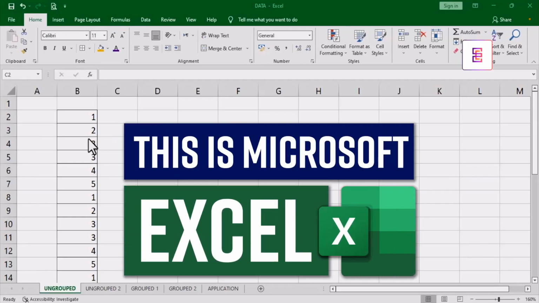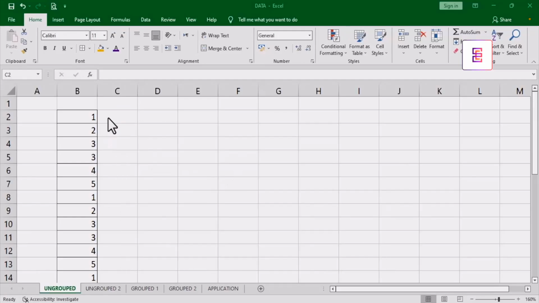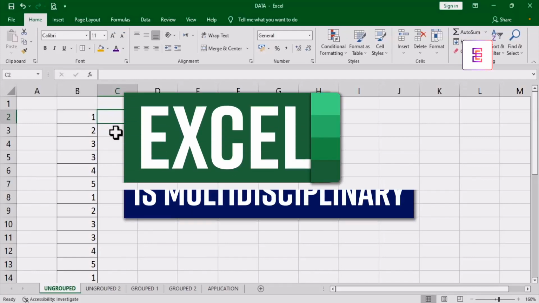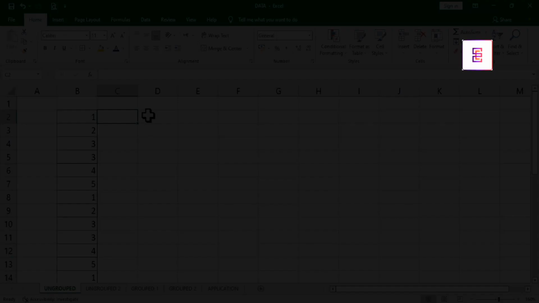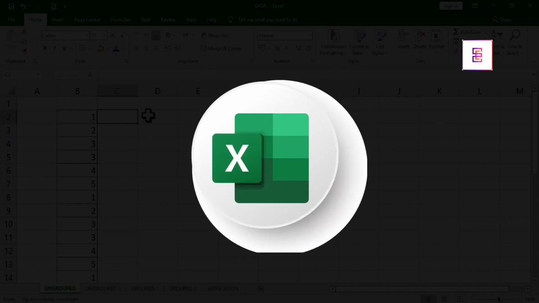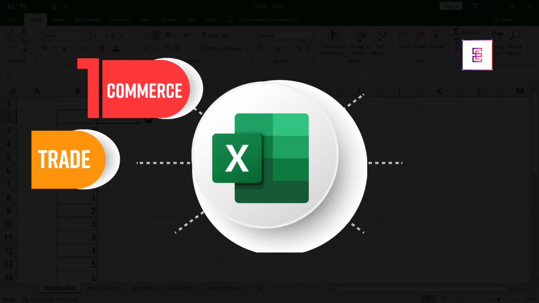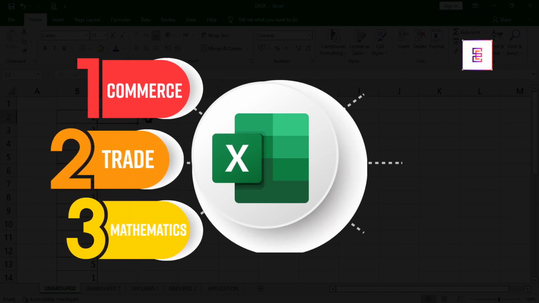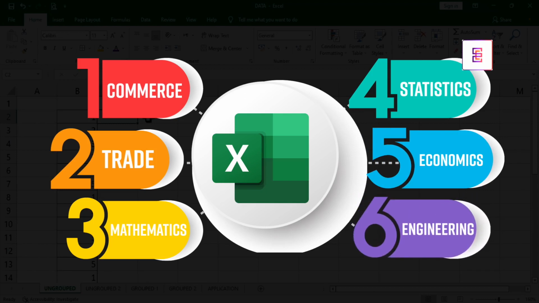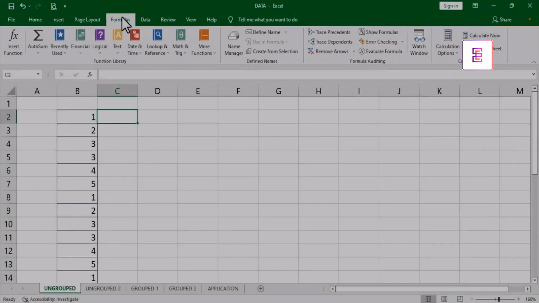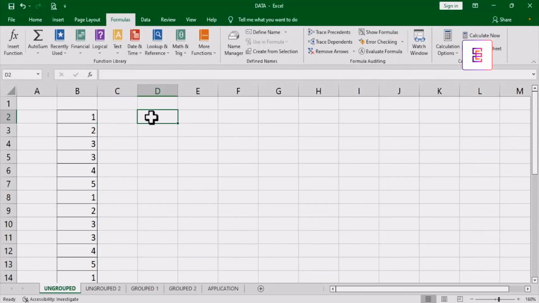This is Microsoft Excel, and the beauty of this software is that it is multidisciplinary, which simply means it can be used to estimate values or make computations across different disciplines such as commerce, trade, mathematics, statistics, economics, engineering, and so on. Now, when you navigate to the Formulas menu of your Excel interface, you will realize that under the Function Library,